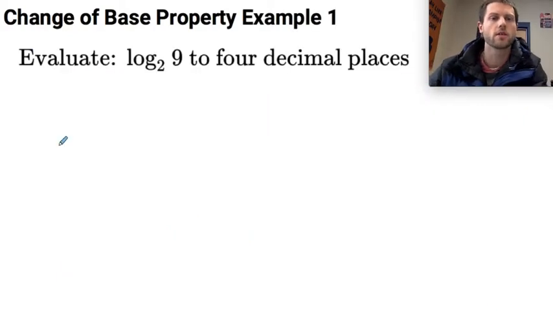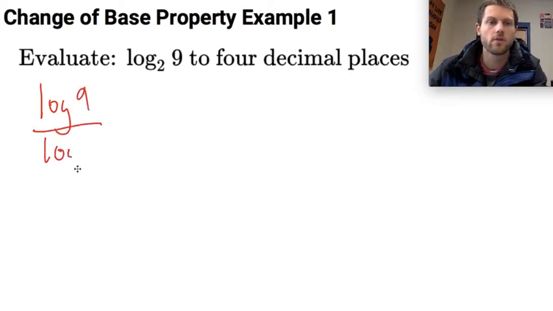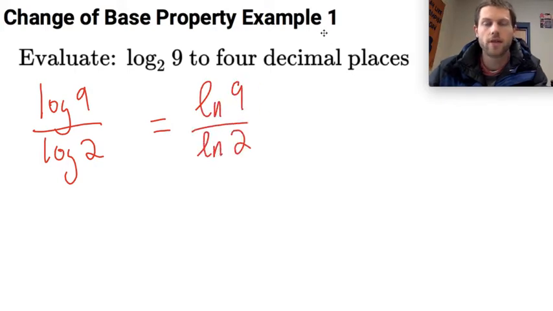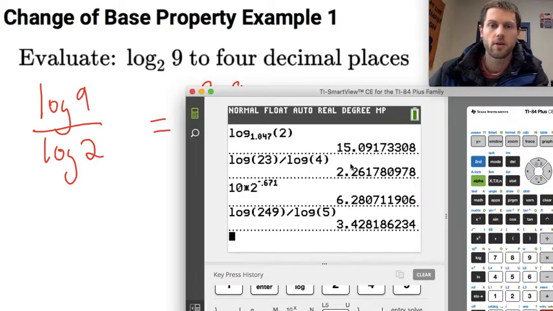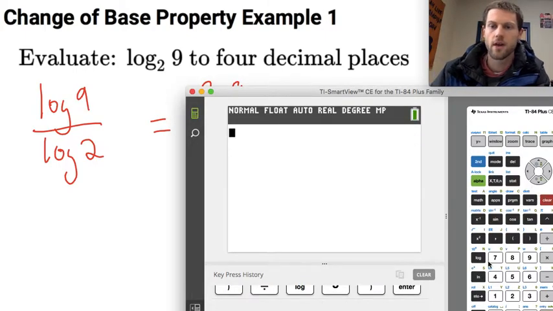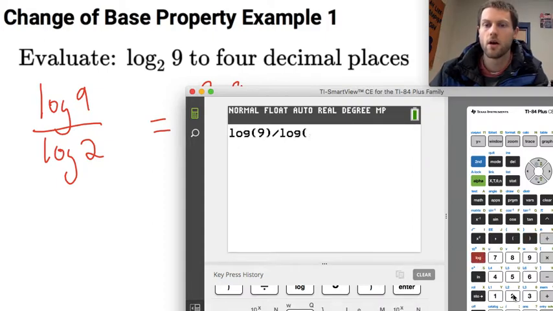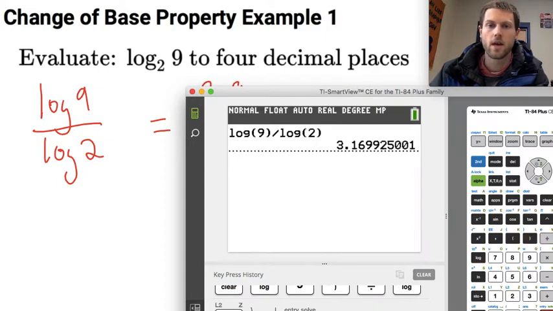Let's see how we can use this. We want to evaluate log base 2 of 9 to 4 decimal places. Well, we can write this with a common log, log of 9 over log of 2. We could also write this with the natural log of 9 over the natural log of 2. At this point, we've got to go to the calculator. This doesn't evaluate to a nice number. So let's pull out that calculator. Let me clear out all this stuff, and I can type in the log of 9 divided by the log of 2. And here's my answer,